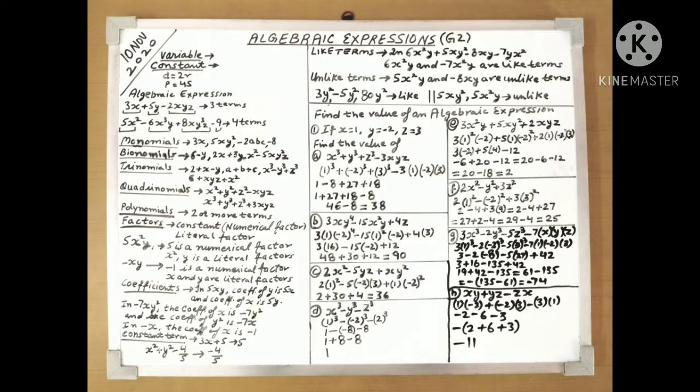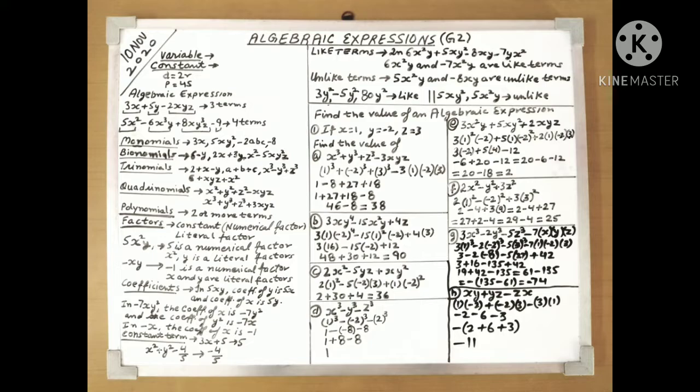If we say we have an expression minus xy, the numerical factor is minus 1, whereas x and y will be known as the literal factors. Okay? Next important thing we should know is what are coefficients. In a product of numbers and literals, any of the factors will be known as the coefficient of the product of the other leftover factors, right? You will understand this with the following examples.